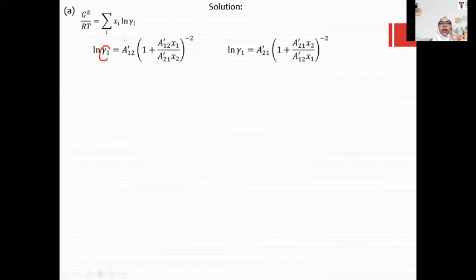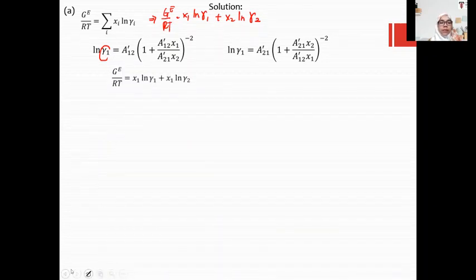You may insert the expression of gamma 1 into the summability relation, which we know for a binary system is GE over RT equal to x1 ln gamma 1 plus x2 ln gamma 2. So inserting the expressions of ln gamma 1 and 2 into the excess Gibbs energy expression, you can obtain